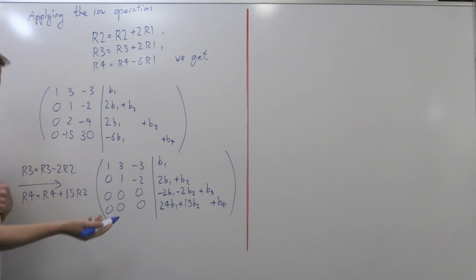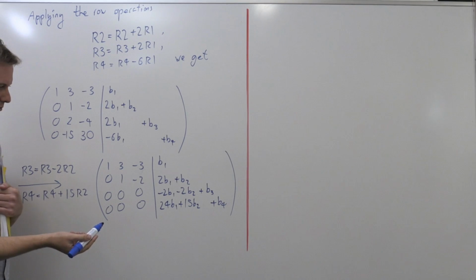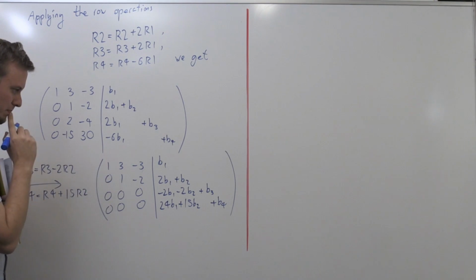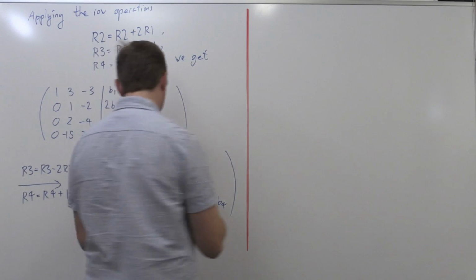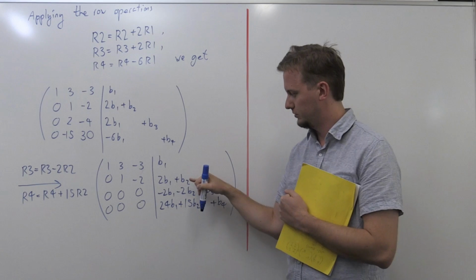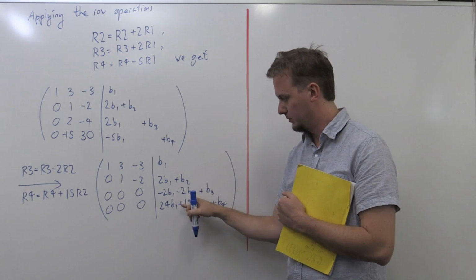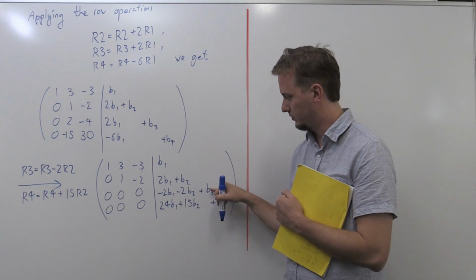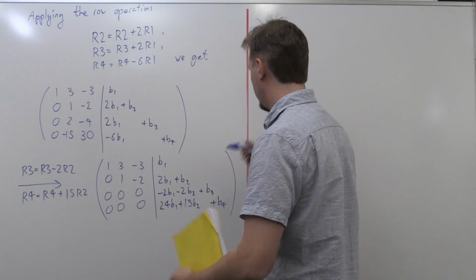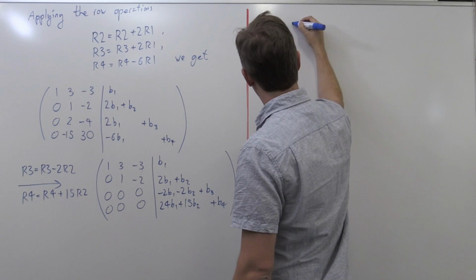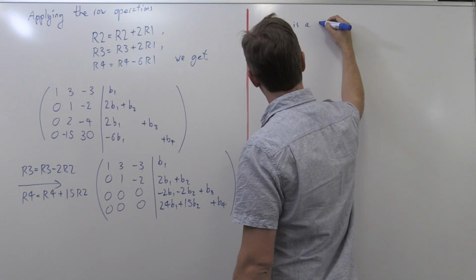Okay, so you can see that there's not really any more work I can do without knowing the b values. So, well, we can see that looking at this form, this will only have a solution when this last column is non-leading, which means I need these two terms to both be 0. So, looking at this form, I can say that there is a solution,